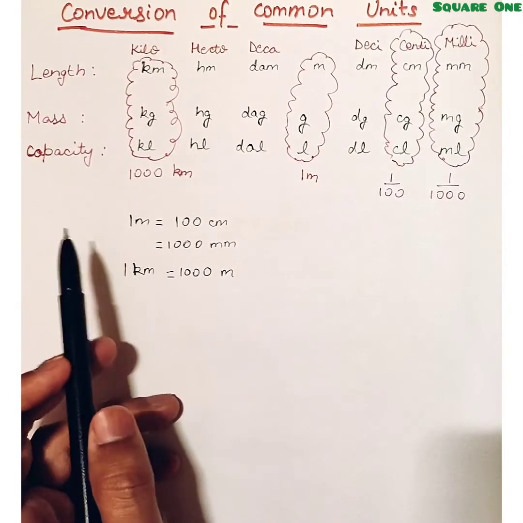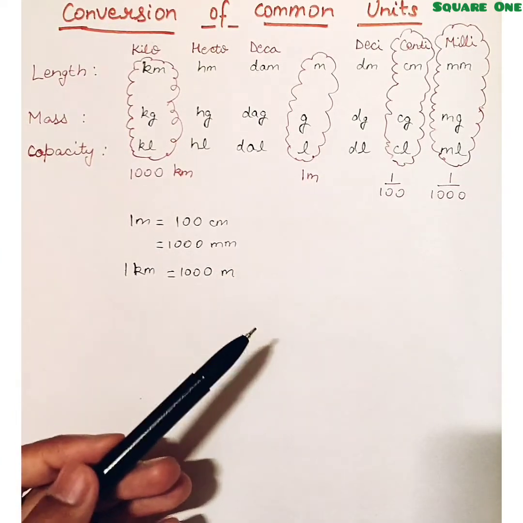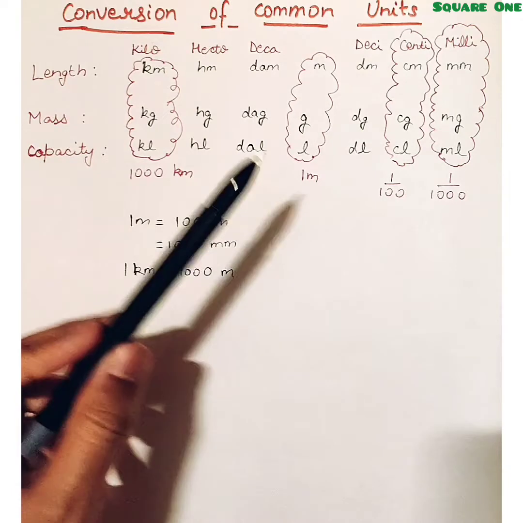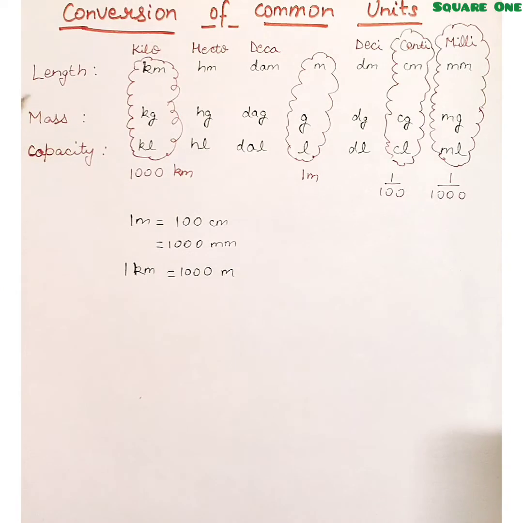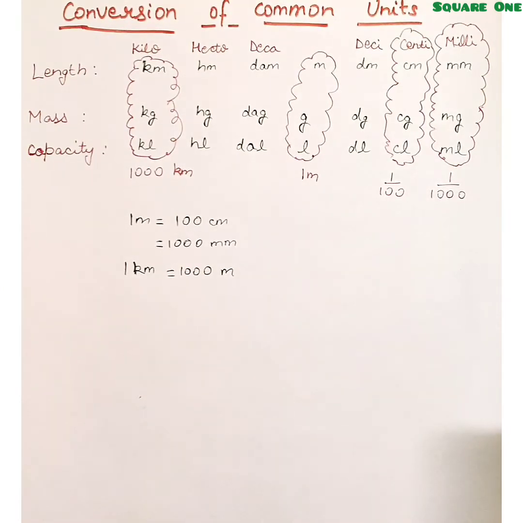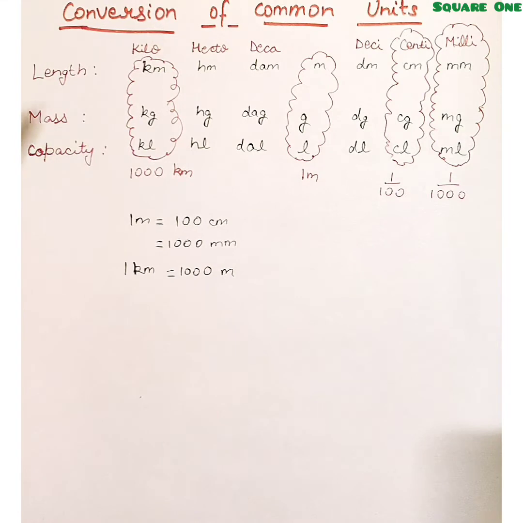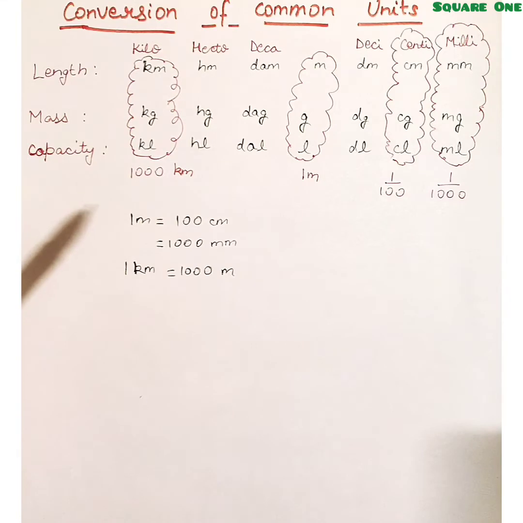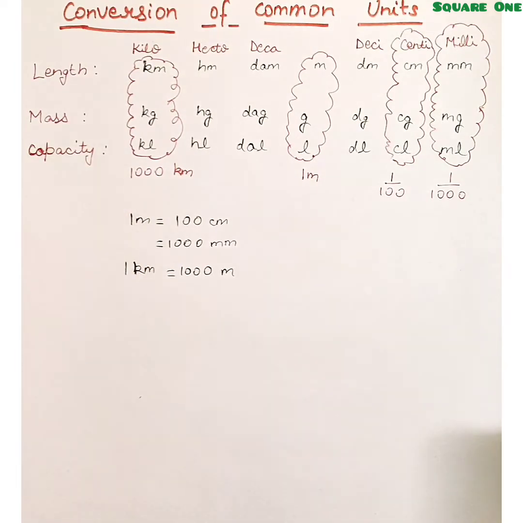In a similar way, we can say that it takes 1000 grams to make up 1 kilogram and 1000 liters to make up 1 kiloliter. These are common units, general terms that are used in all these three measures. Can you find where these units are used? Kilometer is used for measuring long distances like roads, or the distance between two cities or two countries. Kilogram is used to measure rice and wheat. Kiloliter is used to measure the amount of water in a pond, in a lake, in a dam.